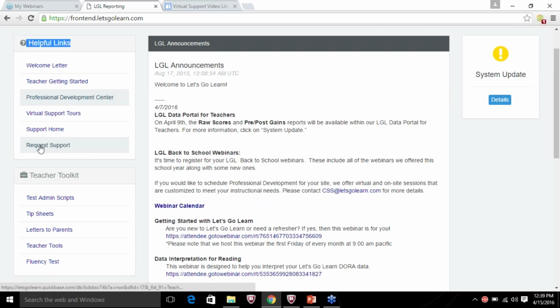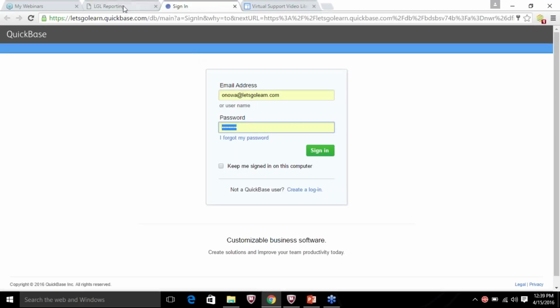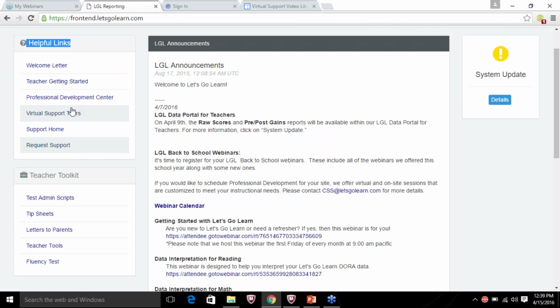You also have an option here, the last option on helpful links, to request support. So what this will allow you to do, it's asking me to sign in, it won't ask you that. It will give you the form to fill out if you have something specific going on with your site. This will help expedite any issues. You'll be prompted to fill in your organization, your number, your contact, all the things that we would need to know. And then that way we have a dedicated team that can review that and get back to you as soon as possible. So know that that is an option for you.